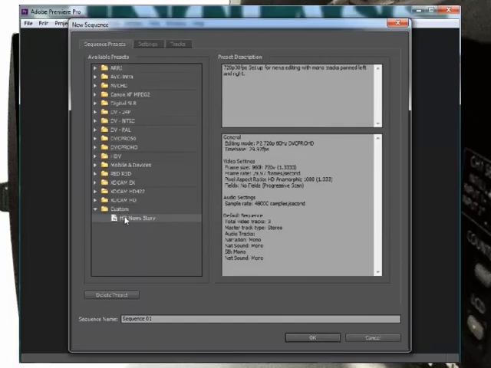Now when we come in here and create a new sequence, all we have to do is select this HD News Story, and we won't have to go through all of the settings again. The last thing you need to do is give your sequence a name, and in this case what we want you to do is use the same naming convention that we've been using thus far. So again, it's going to be the date,